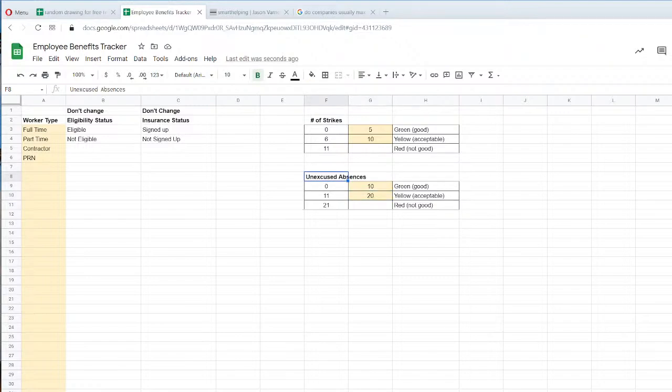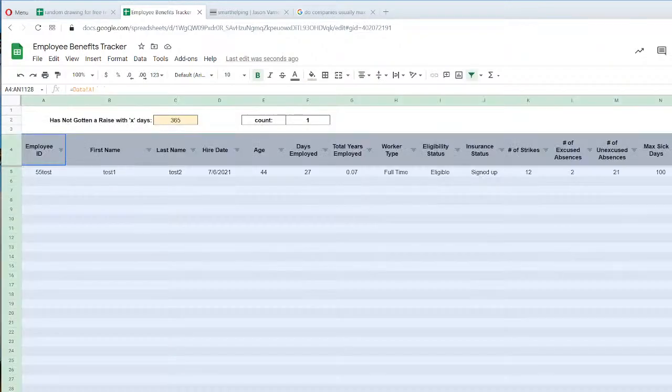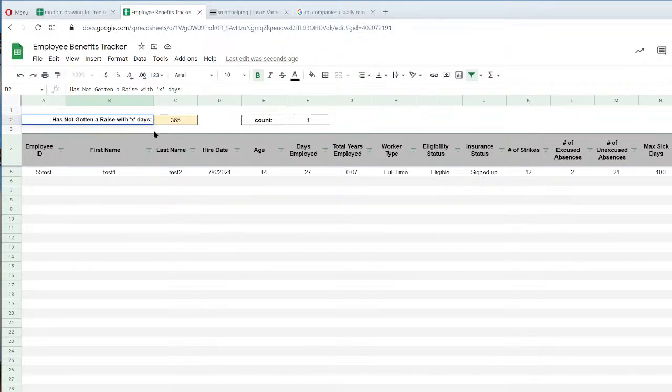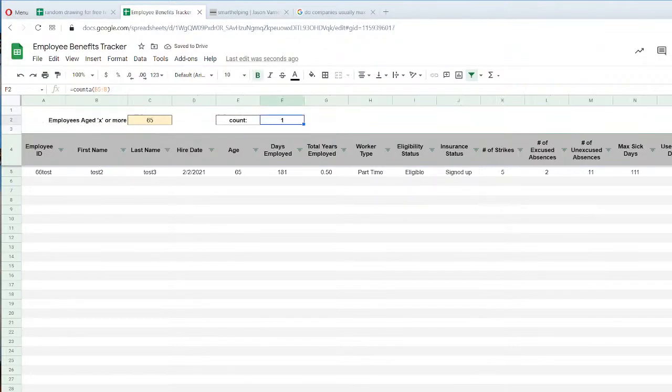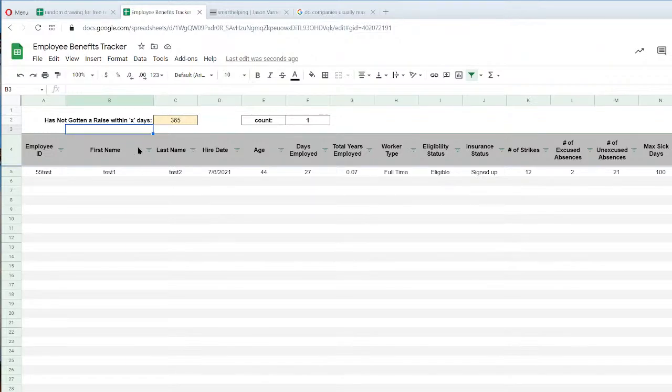Absences. I spelled it right there too. What do we put for raise? What the world's wording is this? Has not gotten a raise within X days. I guess that's okay. Employees aged X or more, has not gotten a raise within. So if the time they've gotten a raise is greater than or equal to this,